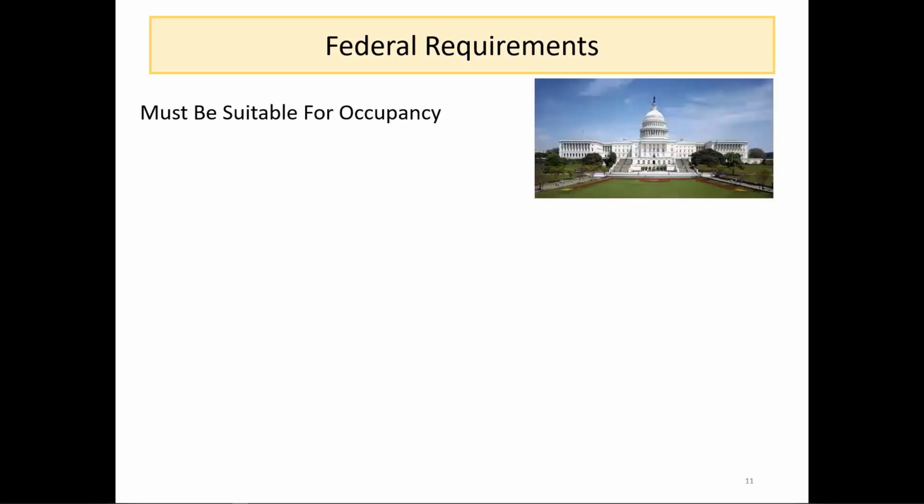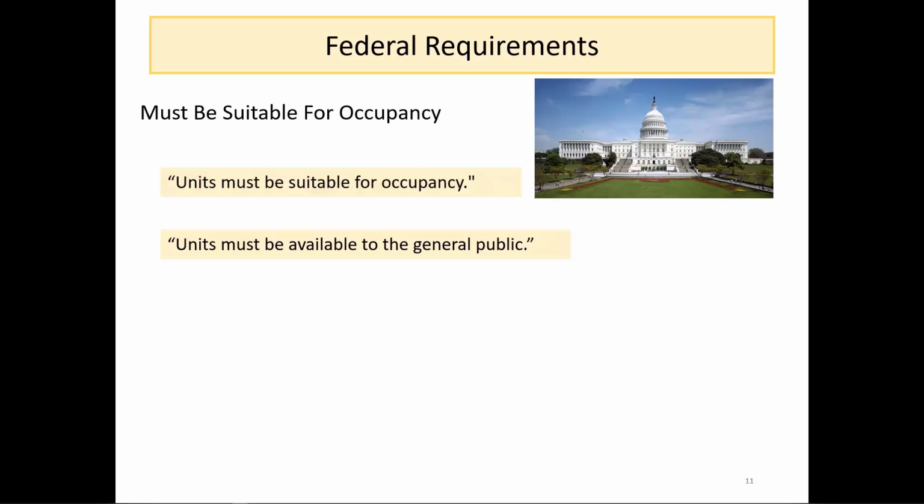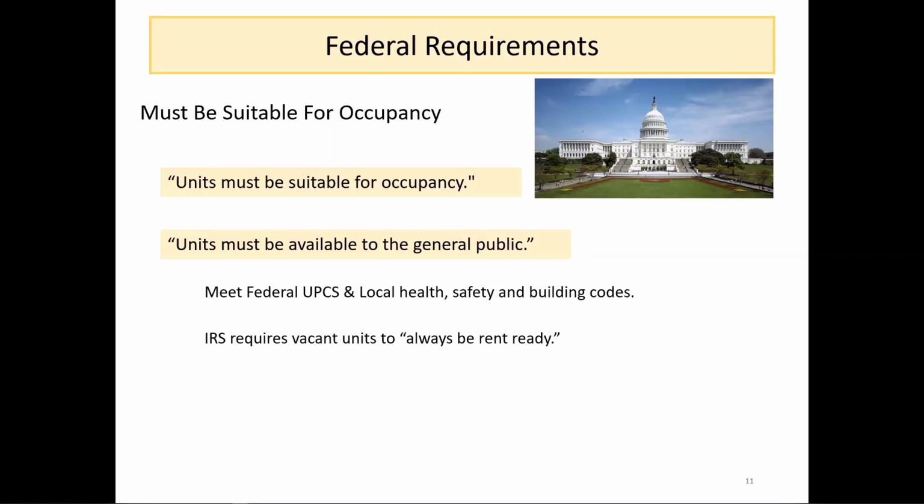A couple of the other federal requirements is the unit, according to the IRS, the unit must always be suitable for occupancy, and the units must be available to the general public, meaning they cannot be held for any specific group of persons. They must meet the federal UPCS and local health, safety, and building codes. The IRS requires that all units be rent ready at all times. However,